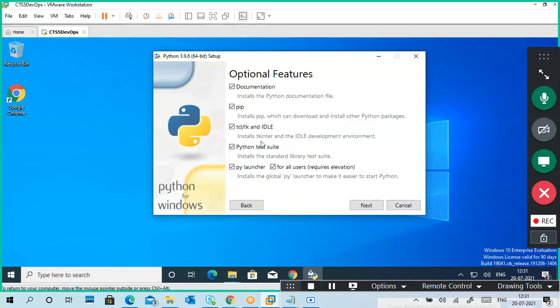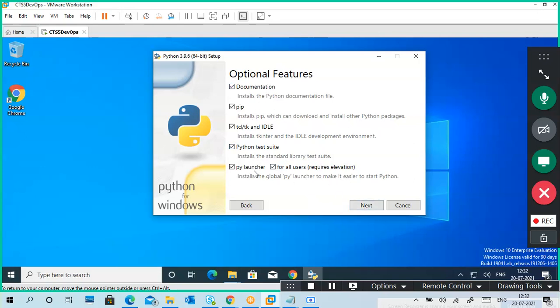Customize installation, and make sure all the things are selected. It will add the required libraries. pip is an installer, meaning if you want to install Python packages on Python, pip is the installer. tcl/tk is tkinter, which provides some development tools, like you can create GUI programs also.